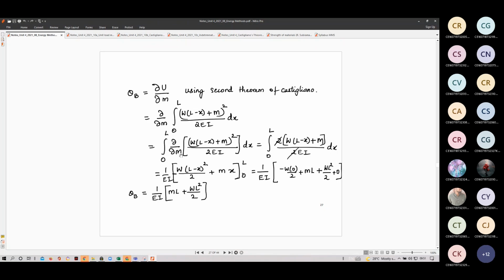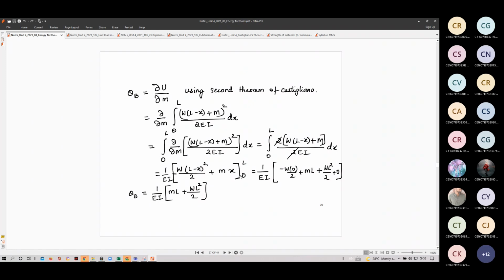Don't forget that. So this will be twice of W into L minus x plus m. Now we can integrate with respect to x. Differentiation is with respect to m. Moment and theta are related, load and delta, displacement, are related. So now when we integrate with respect to x,